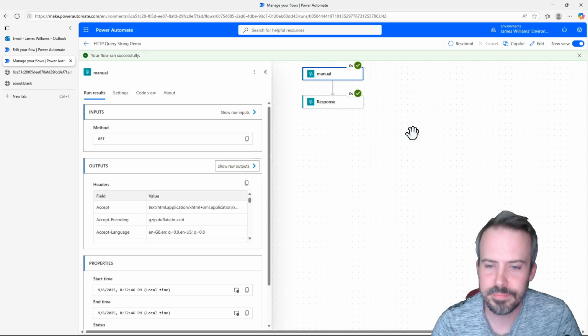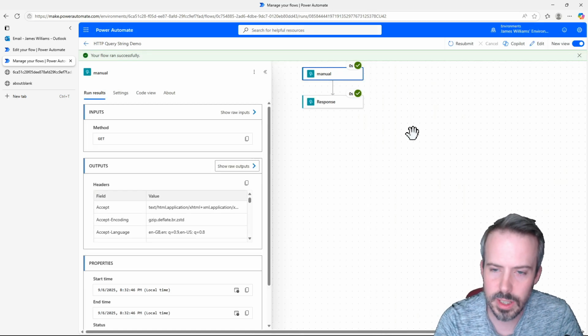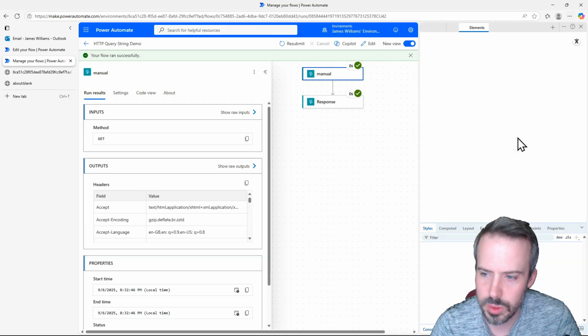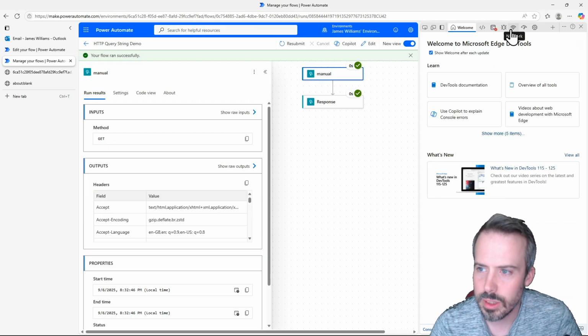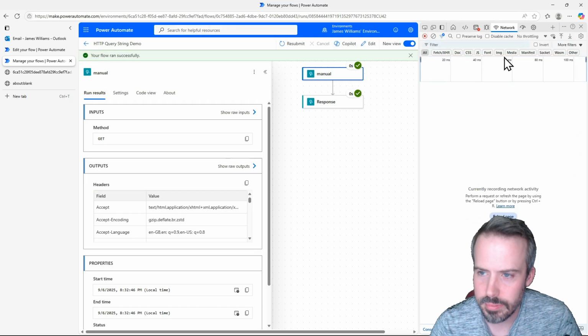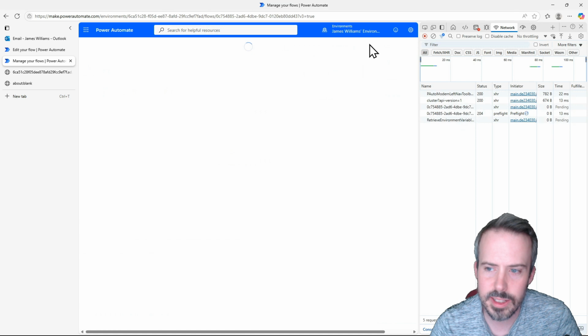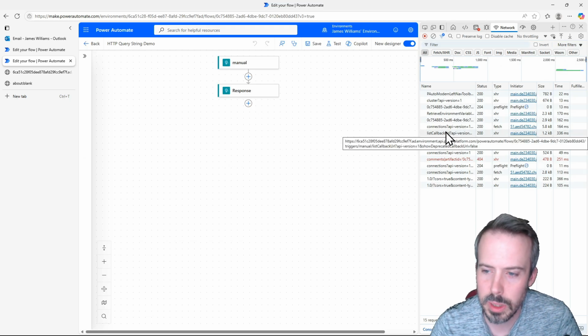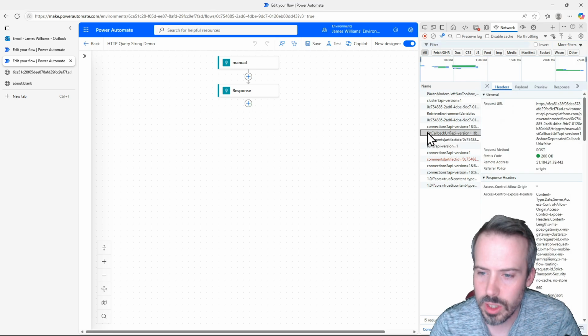So the way to do that is if I open up the developer tools, I'm just pressing F12 there, and I'll click Open Dev Tools, and I go to this Network tab. This is now recording everything that happens in my browser. So if I click Edit, you can see it's loaded all the information about the flow. And one of those requests to Power Automate there was called list callback URL. So I have a look at this